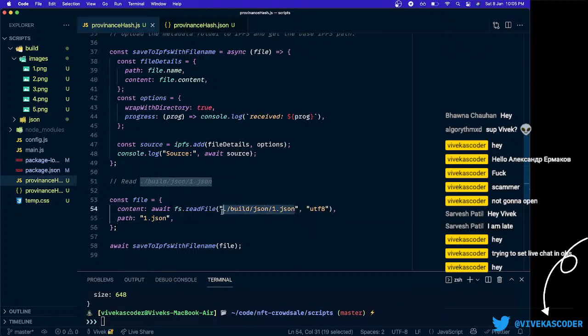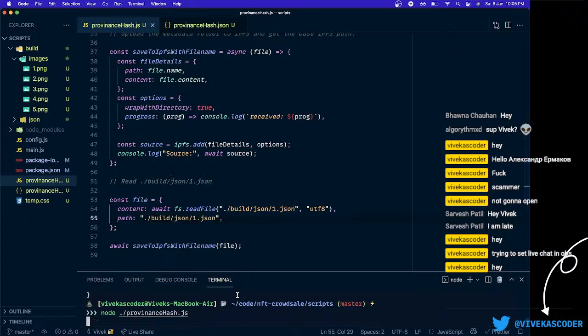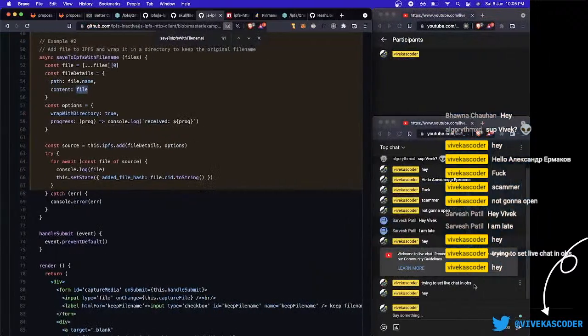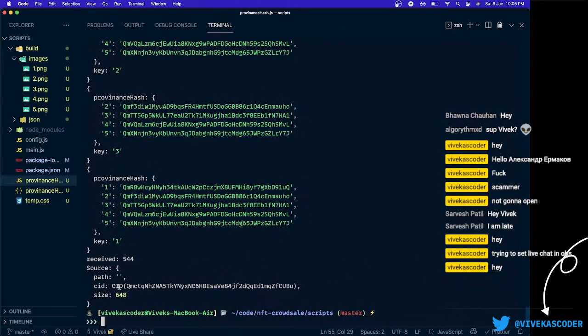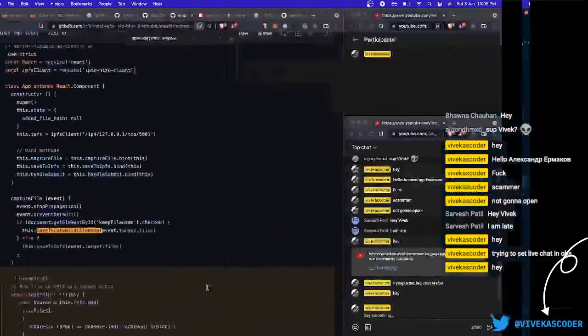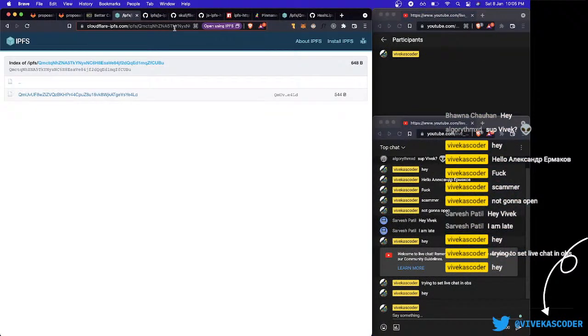This is path. So let's try this out one more time. And oh man, it's still the same. I'm not sure what is getting stored here. If I see any path,